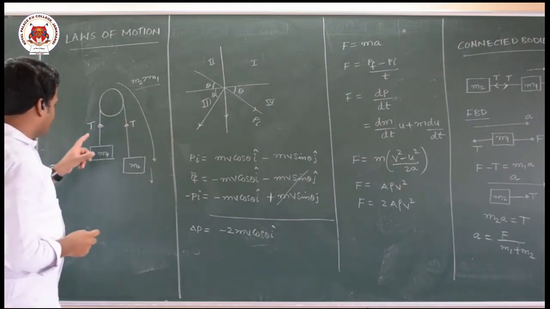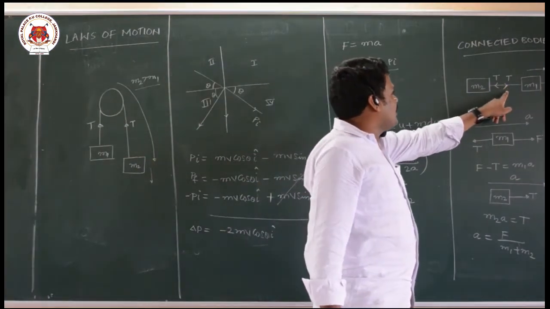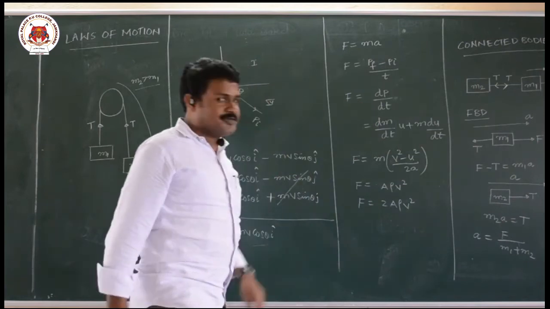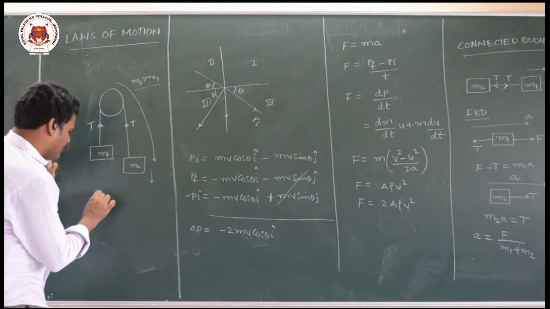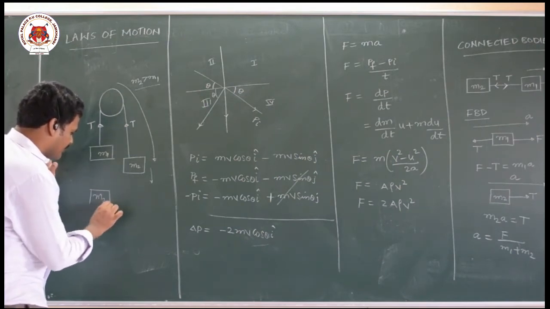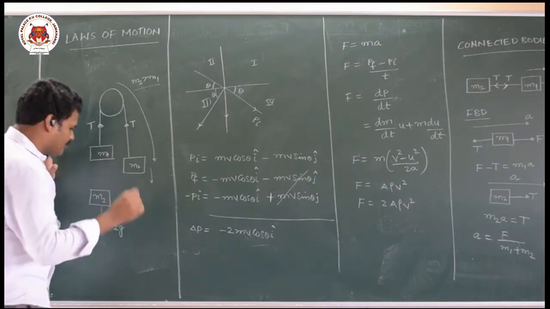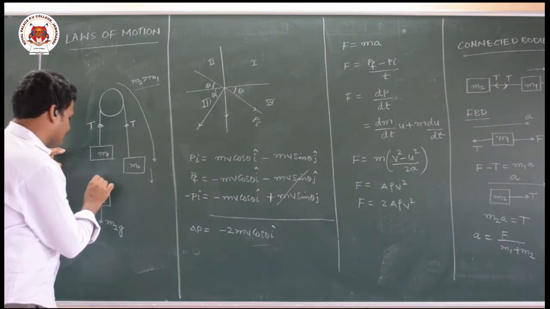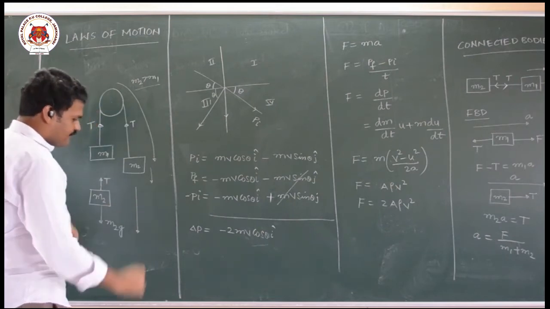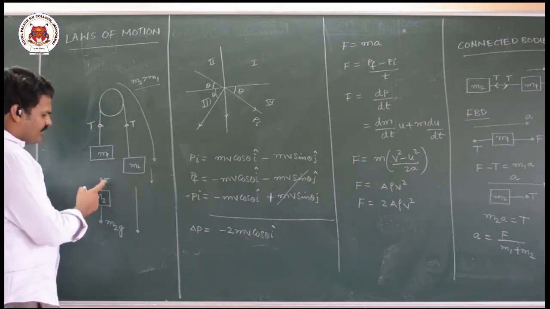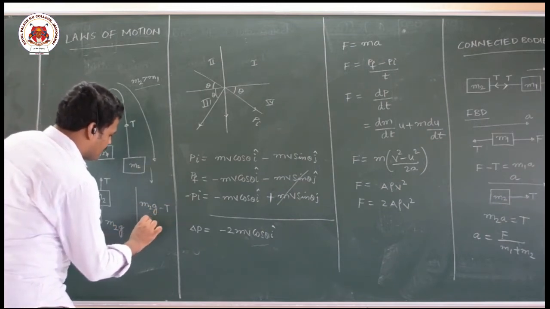Now you can observe here tension is in the same direction. In this case, tension for the first body is towards the right, for the second body towards the left, but the concept is the same. If you draw the free body diagram for m2, m2g will be acting down according to gravitation, earth pulls downwards, and tension T will be acting upwards. Now I assumed that the system is moving in this direction, therefore this must be greater than tension. So the equation you will get is m2g minus T is equal to m2a.